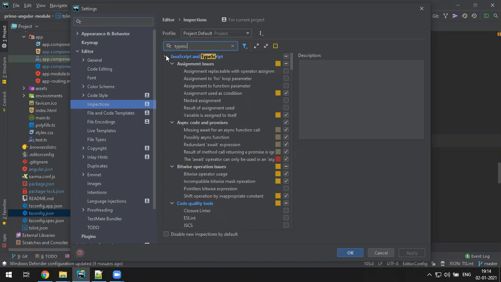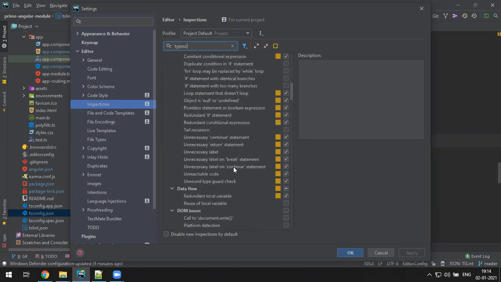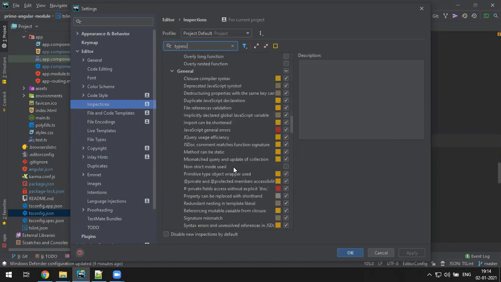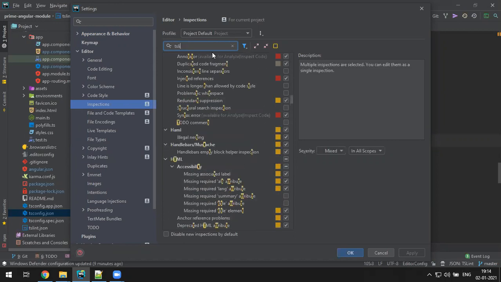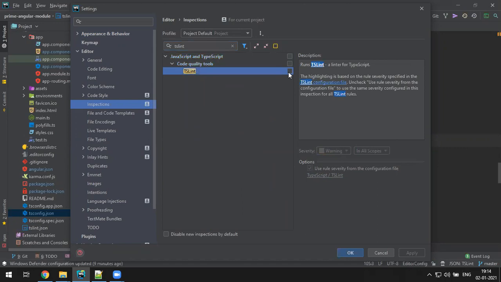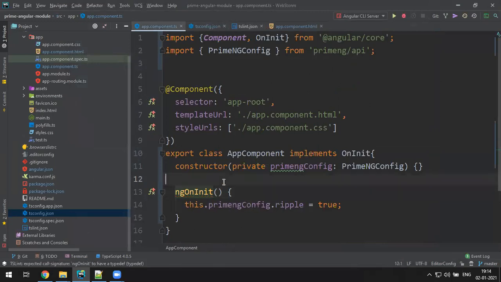Oh, okay, correct. So here, where is my JavaScript, TS-lint? Lint is not there. TS-lint. Okay, just disable that. Apply. Okay, now it's gone. Okay, super.